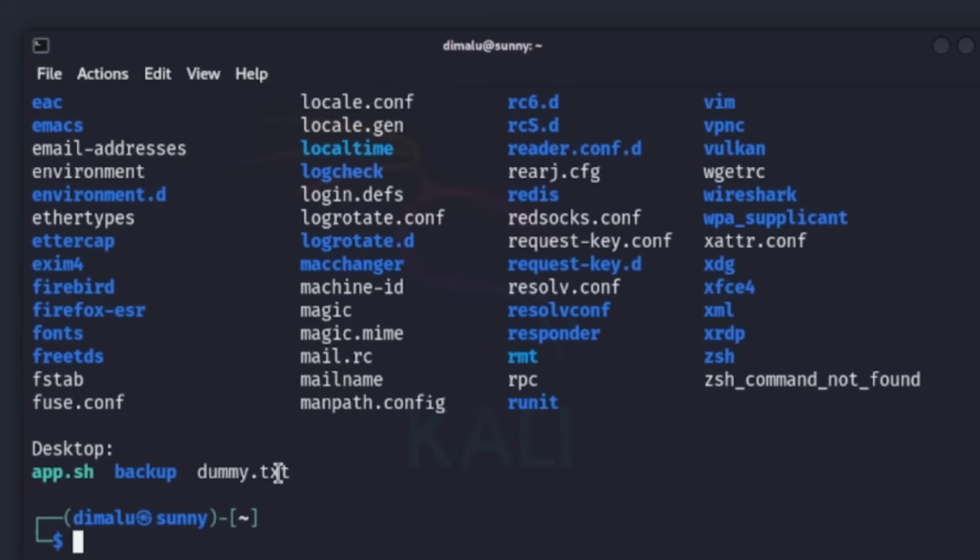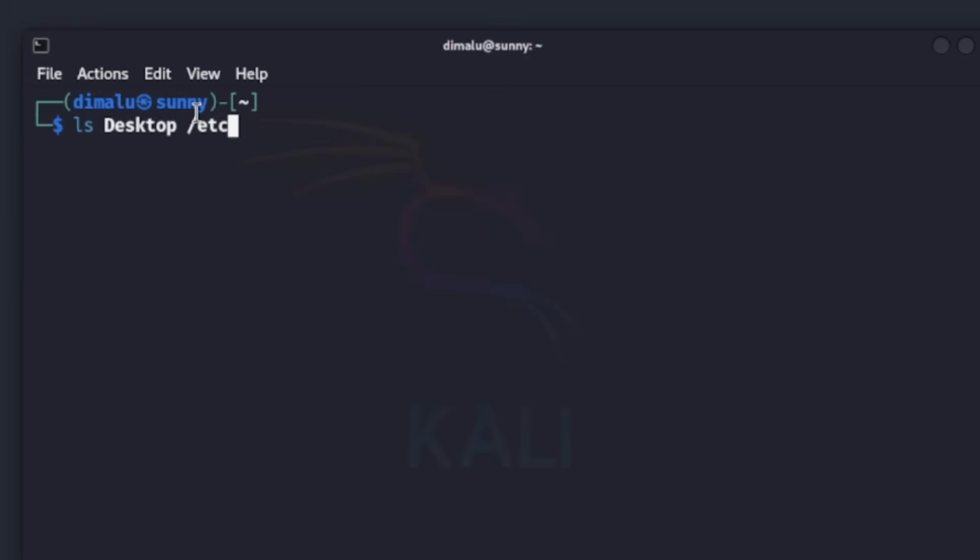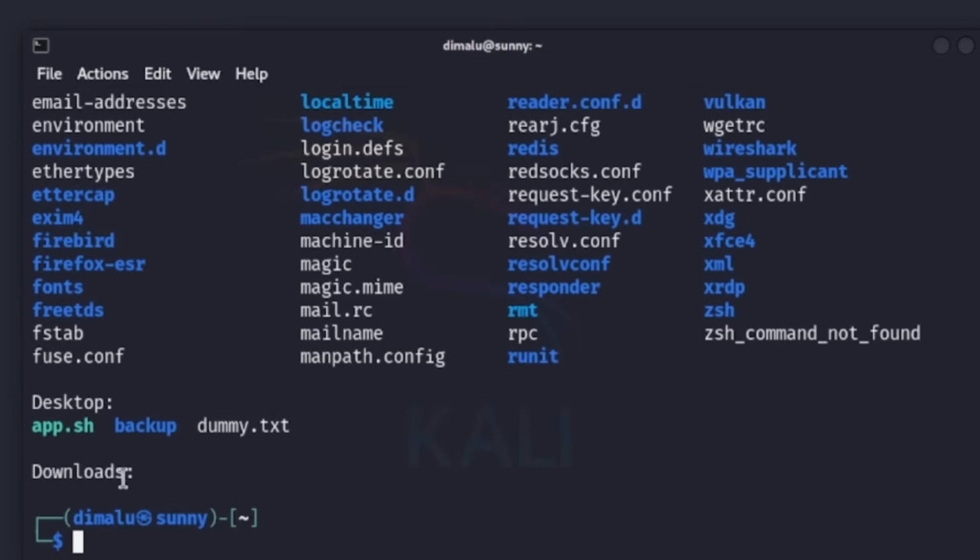As you can see, this is the contents of desktop and this is the contents of etc directory. In this way, you can basically list contents of as many directories as you like. Just separate those directories with a space like this. This time it is gonna list contents of these three specified directories. Press enter. As you can see, guys, now